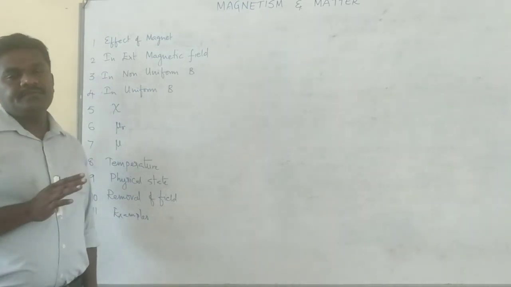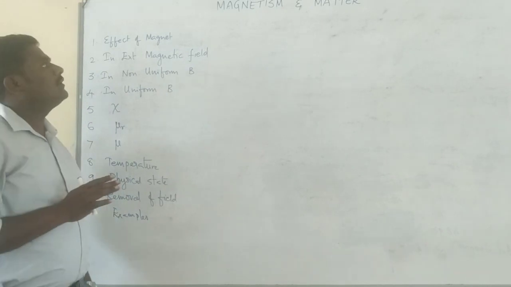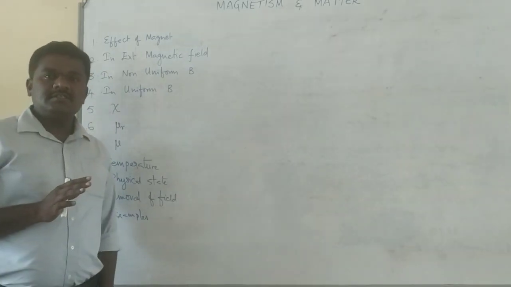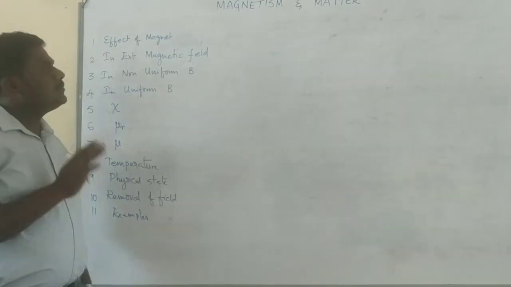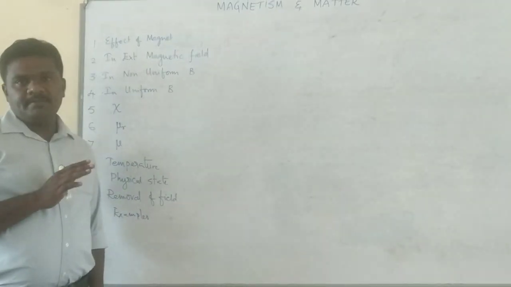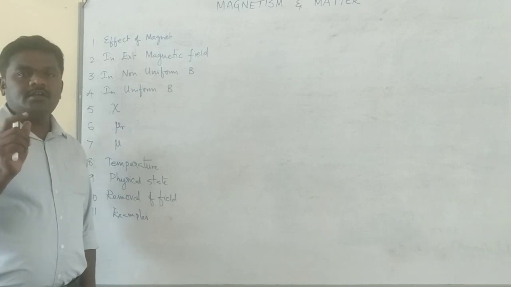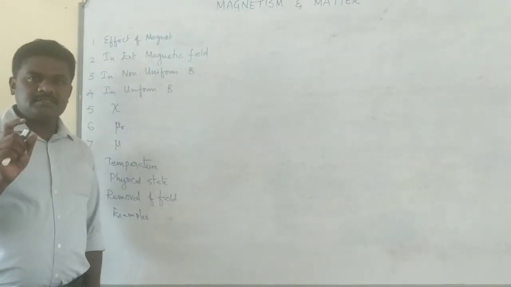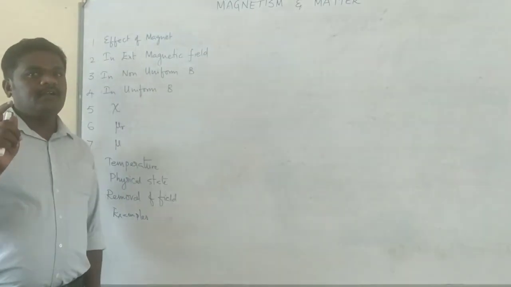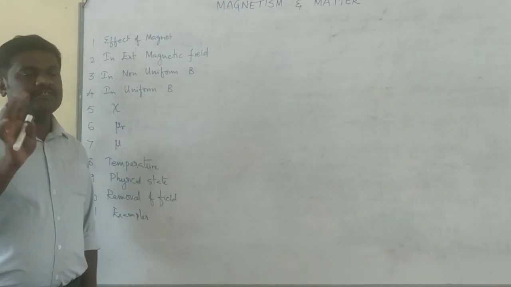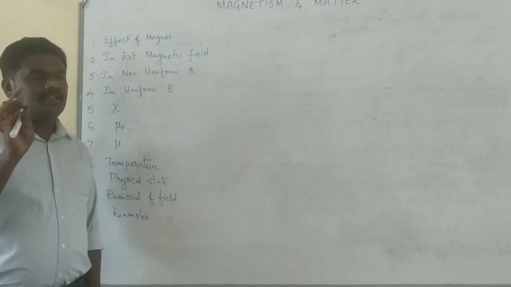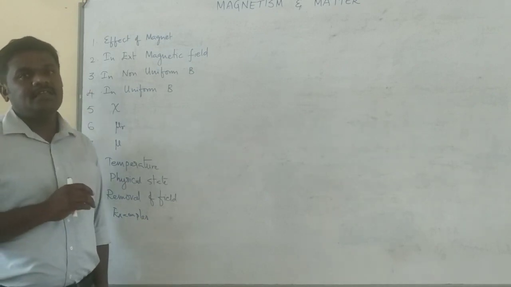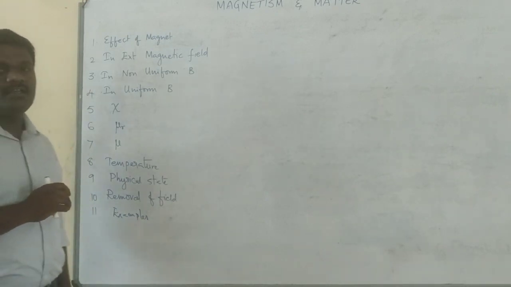Now in today's session I will discuss how to classify substances into groups based on magnetism, how many groups there are, and what their properties are. To separate the substances into groups, the things required I have discussed in the previous session, such as H, I, and magnetic susceptibility Z. Based on the problem, I will discuss the concepts. So let us get into the concepts.